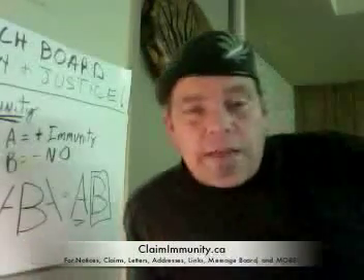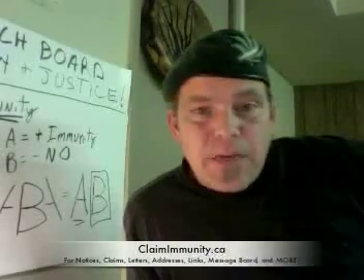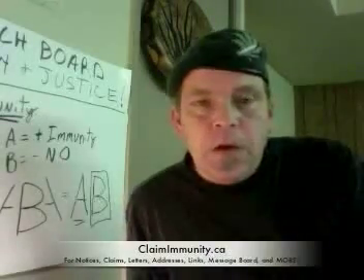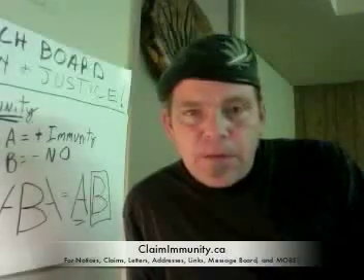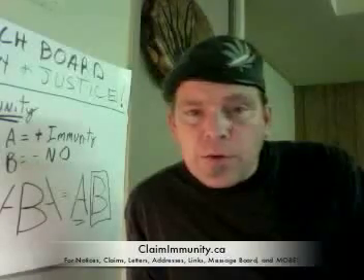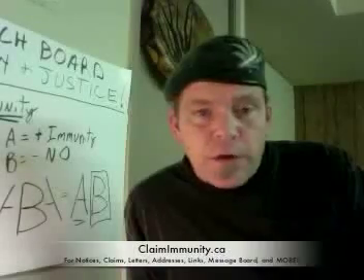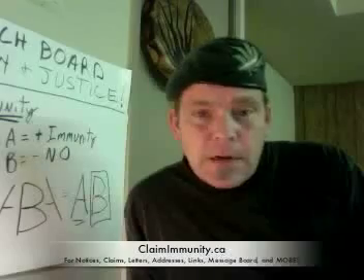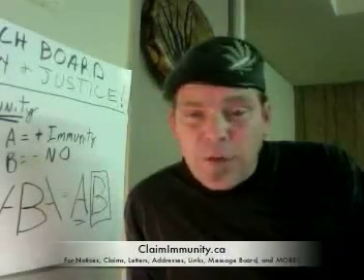So what can you do now about it? Well, what I ask you to do is visit claimimmunity.ca. The address is on your screen. Go there and you will find available to you a notice of a claim of immunity, the actual claim of immunity, addresses for the Minister the Attorney General, the Minister of Justice. You can send these off to them for free, copy, paste it, print it up, sign it, send it off to them, make your claim, and it'll cost you pretty much nothing.